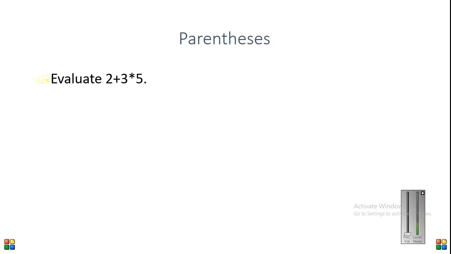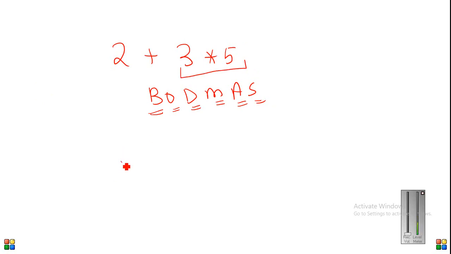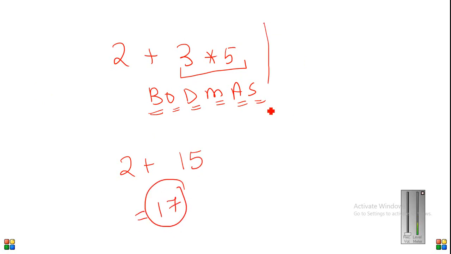Everybody knows in mathematics, when we did class 2 and 3 maths, we used parenthesis. So now let us take this example. Let us do it directly on the pen. When I say 2 plus 3 multiplied by 5, we know the BODMAS rule that we studied in school: bracket, exponent, division, multiplication, addition and subtraction. So obviously the multiplication will be processed first. So we have 3 into 5 is 15. Finally the expression will give the value 17.